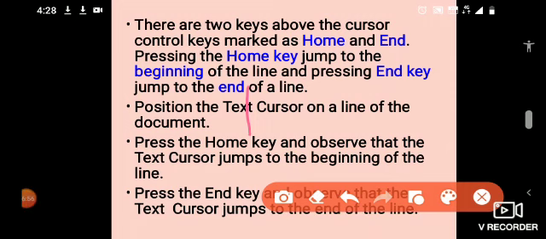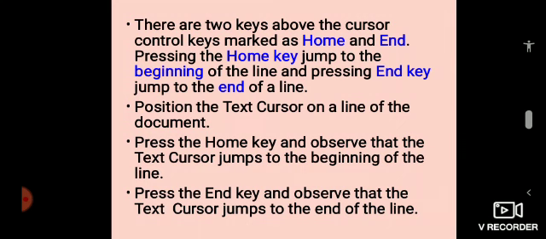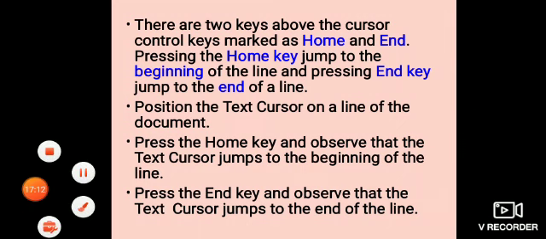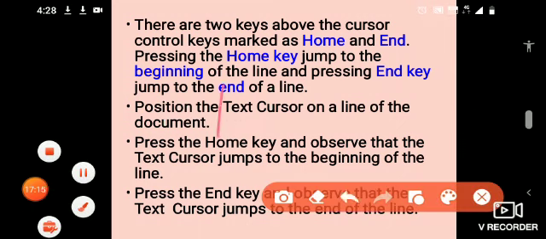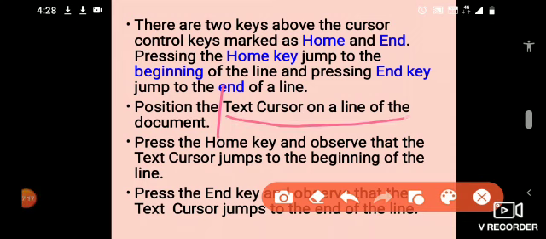If you press the home key, it takes the cursor to this position, that is the beginning of the line where the cursor was previously. Then what is the end key? Suppose your cursor is in any position, the end key takes the cursor to the end of the line.